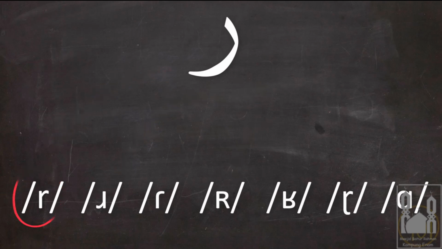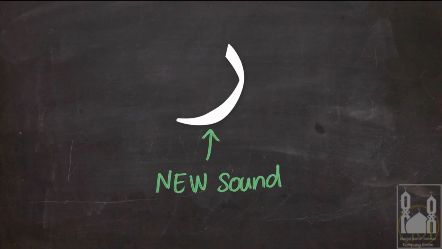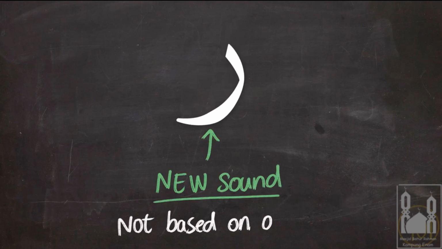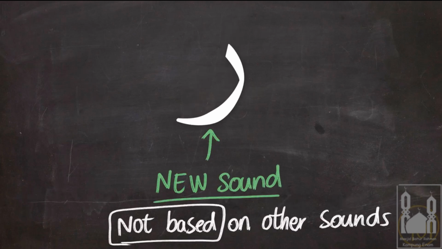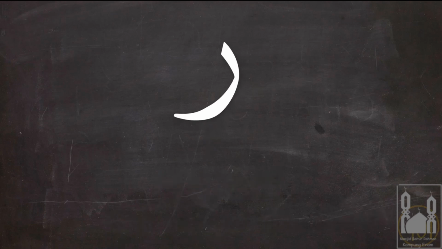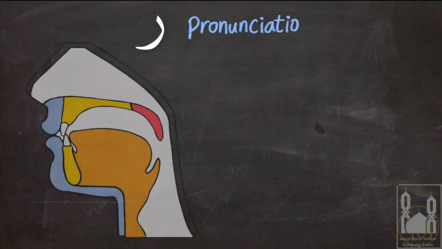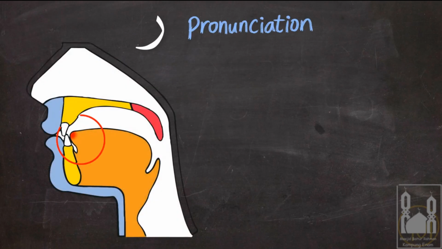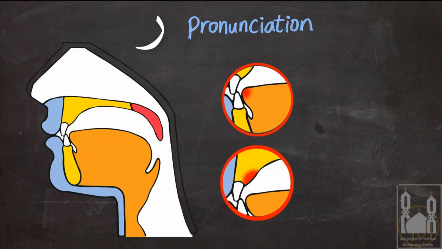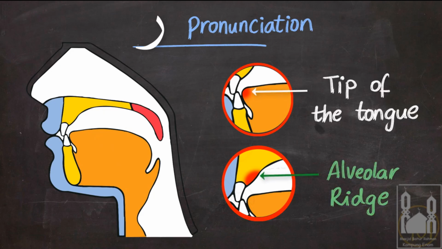So if this is completely new to you, it is important to prepare yourself to learn a brand new sound without building upon other previous experiences. This is the best and the shortest way to learn Ra properly. Now, how is Ra pronounced in the Quran? To pronounce Ra properly, two organs will make contact with each other, the tip of the tongue and the alveolar ridge. Ra,